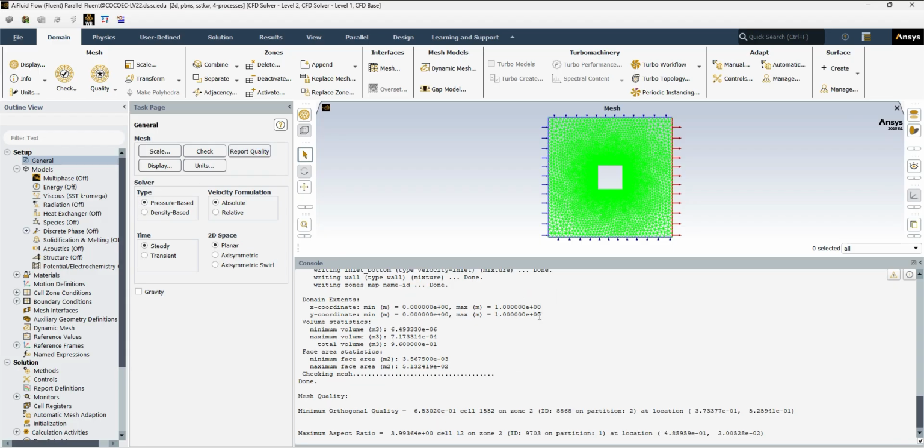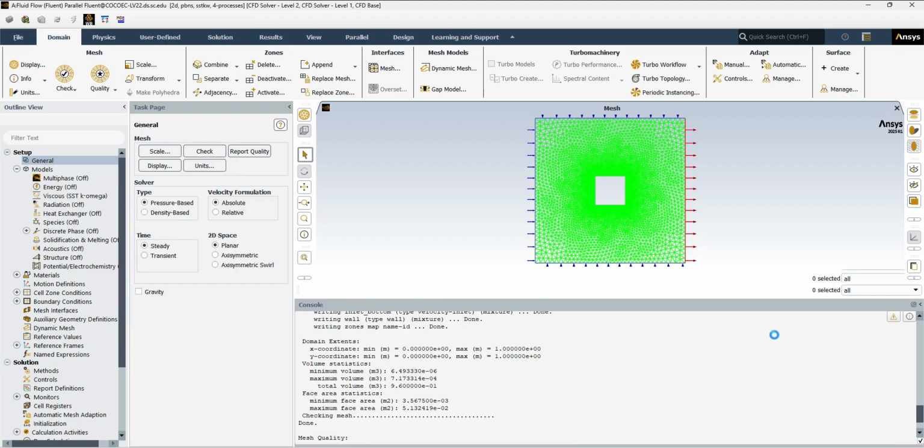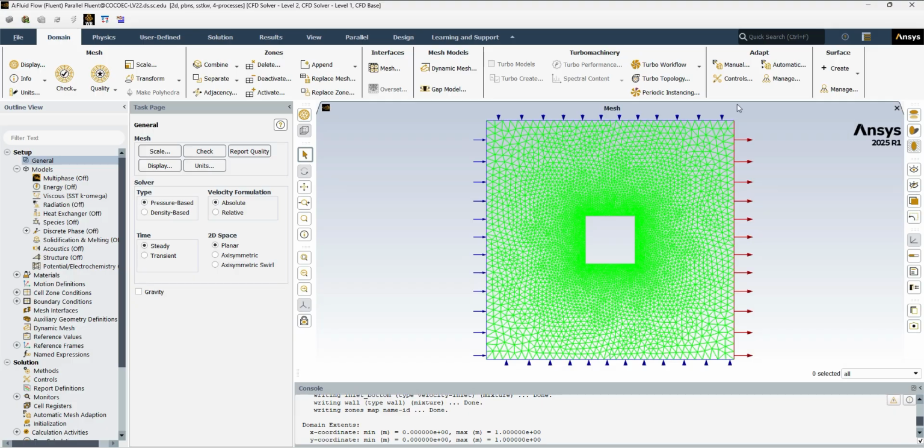We can report the quality. So you see the minimum orthogonal quality is 0.6. The skewness essentially is 0.6, and the aspect ratio is 3.99. This is a somewhat large aspect ratio, but it will do the job fine for us. So these numbers are the ones you want to report in your lab reports. You want to make sure you actually record these numbers. As you can see, these three parts are the inlets, this one is the outlet, and this is the valve. Next step here would be to